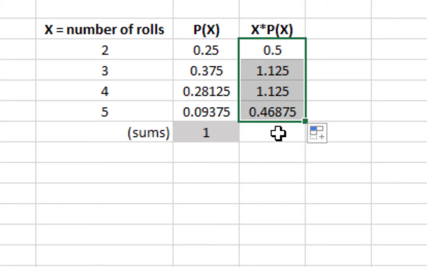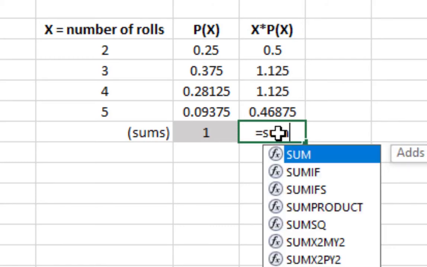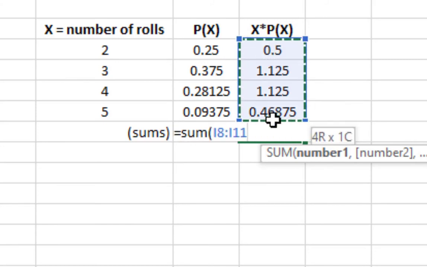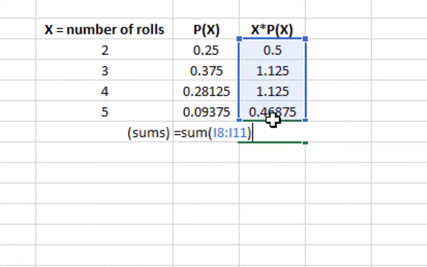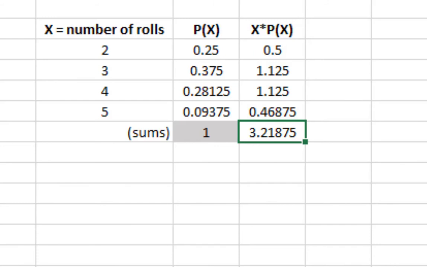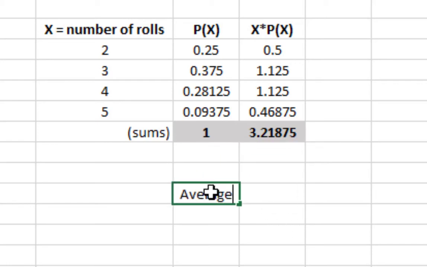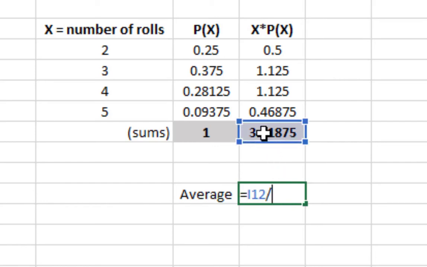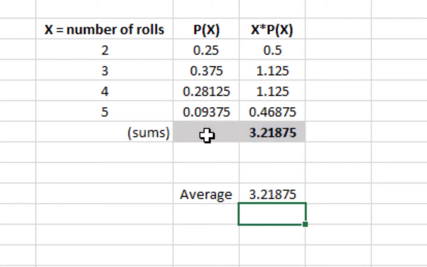But what I want to look at right now is how mathematically and mechanically we dealt with that back in the day. Well, if you remember, we added them up. This would have been the x times frequency column back in the day, but now it's the x times p of x column. All right, so now that we've got our table set up in this way, we can proceed just like we did before to find the average. So we're going to take this value here, which is the sum of all the data, effectively, and divide it by this, which is, well, what used to be the number of data points.